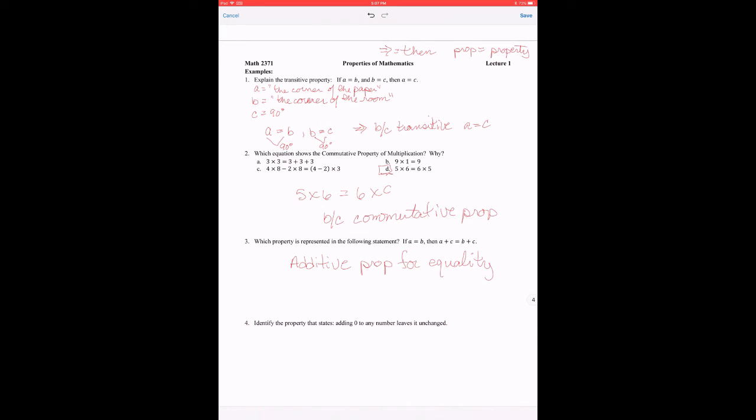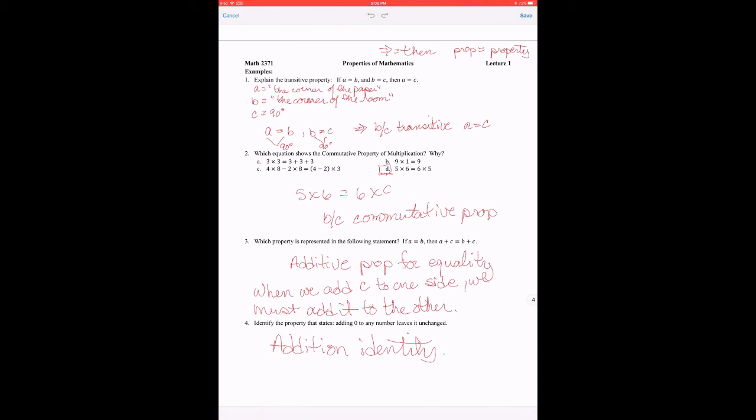Okay, and that is when we add one thing to one side, add C to one side, we must add it to the other. Okay, identity property that says adding 0 to any number leaves it unchanged, and that is the addition identity. Okay,